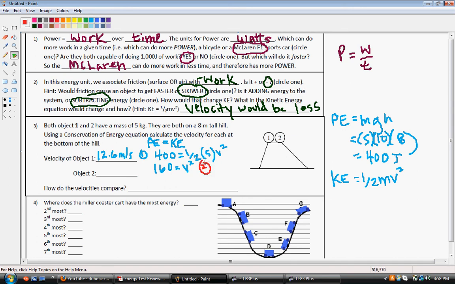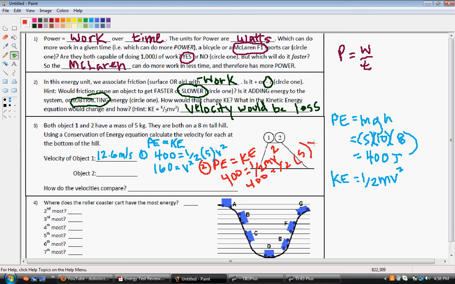Alright, object 2 has potential energy of 400 joules at the top. And we know that the potential energy at the top is equal to the kinetic energy at the bottom, right? So we know that PE equals KE. And we know that since it's 5 kilograms and it's 8 meters above the ground, we have 400 joules of potential energy. So we could say 400 equals the equation for kinetic energy, which is 1/2 mv squared. And we know that our mass is 5. So we get 400 equals 1/2